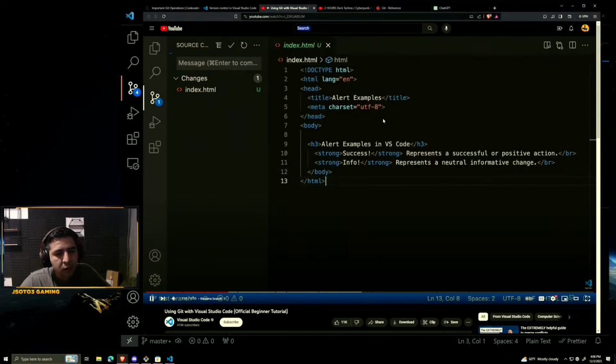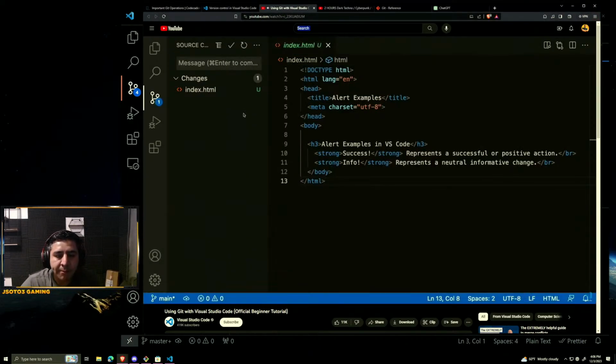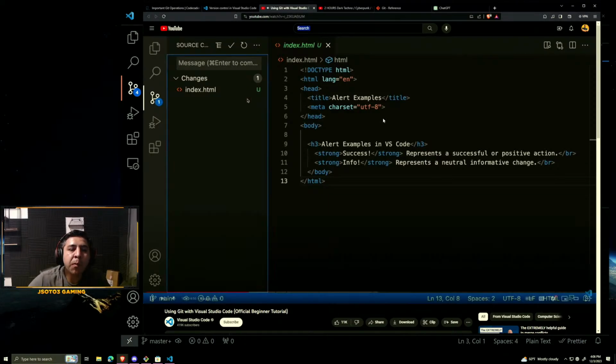Just as easily to main. Now after initialization, you'll see that in the source control panel that my new file shows up with the letter U beside it, and U stands for untracked file, meaning a file that is new or changed but has not been added to the repository. So to track it, I can just click the